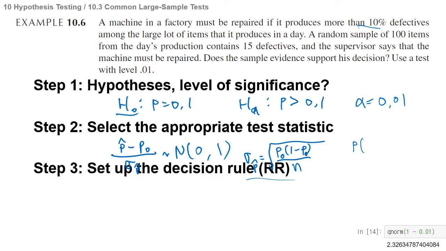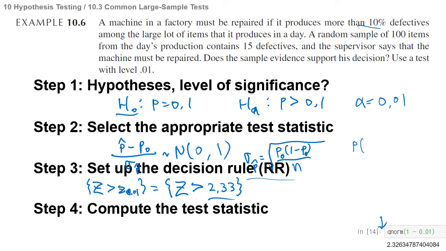And the decision rule is z is greater than small z level alpha, which is 0.01, and this is actually z is greater than 2.33, about 2.33. This number calculated from here, and the last step, step 4, is computing the test